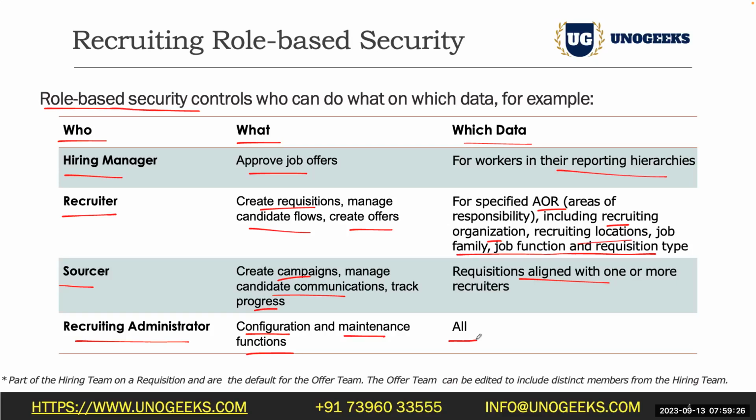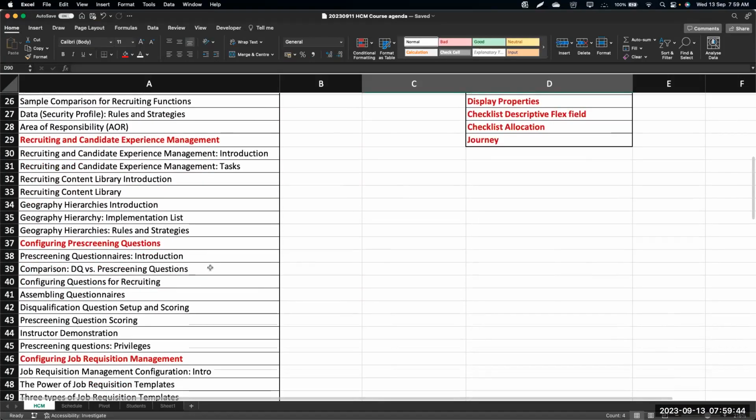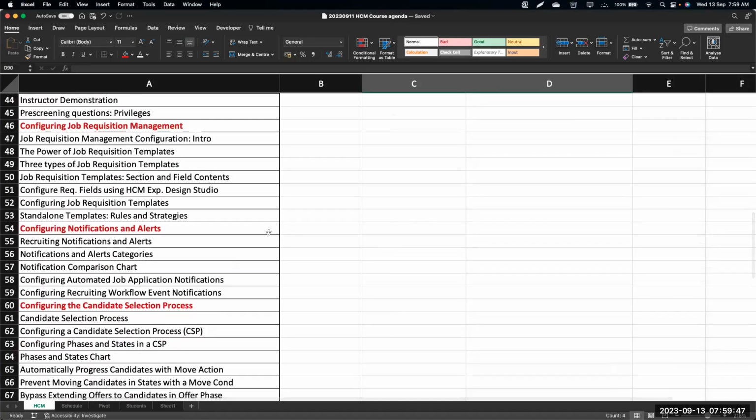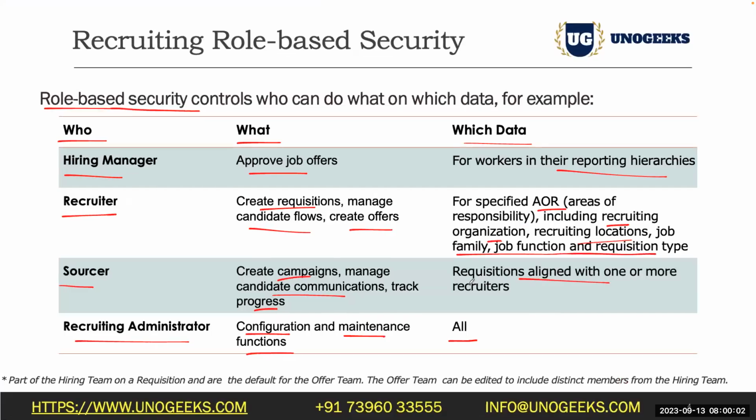Okay, and can we customize the notifications, like which recruiter should get the notifications related to job posting? Yes, Ali. We'll see that in detail once we complete today's session, maybe next week when we go to the notifications. We'll see what kind of notifications have to be triggered to which recruiter. All those details we'll see in detail.